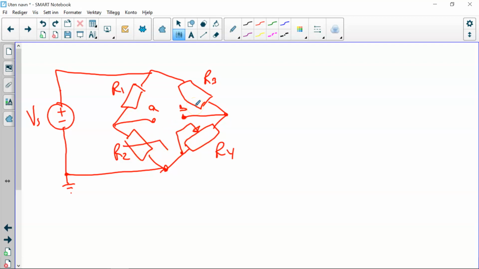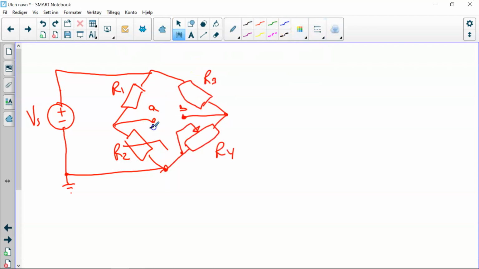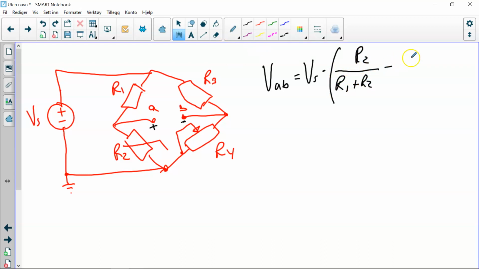Let's put down the equations like we did in the last film, with plus reference here at terminal A and minus at terminal B. So VAB equals supply voltage multiplied by R2 over R1 plus R2,